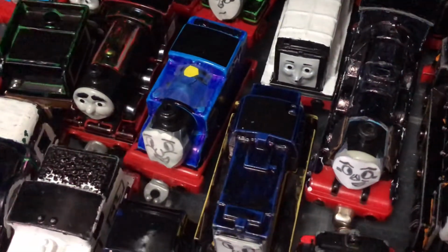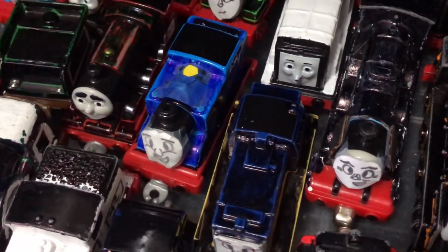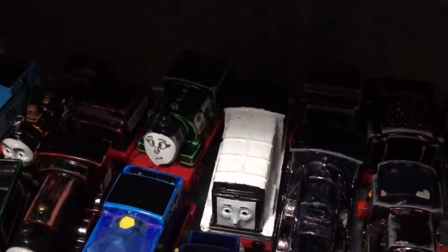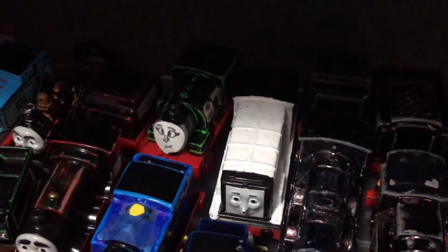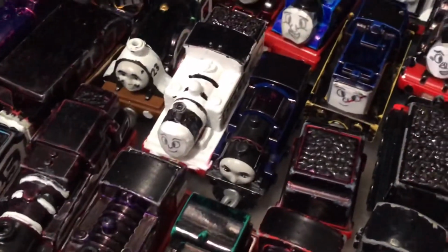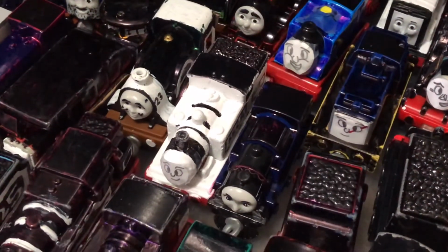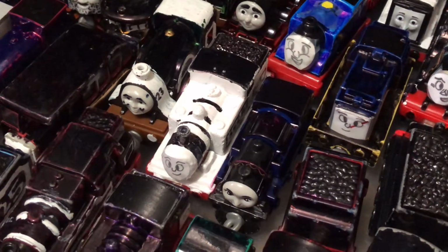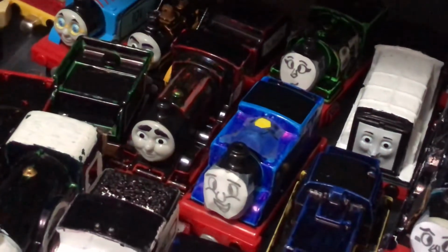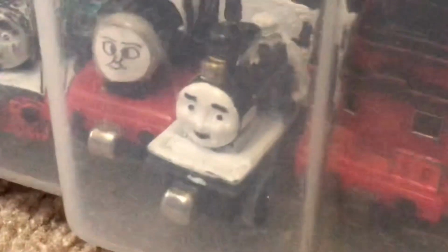Aaron, the LNER J97, who will also be modified, Lucy, the GWR Tyjon, Alice, the LNER J50, Alistair, the SECR or Southern Railway H-Class, Corey, the Furnace Railway D5, Max, the Experimental Logging Tank Engine, as I'll just call him,